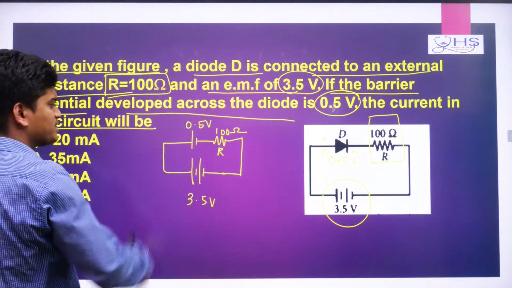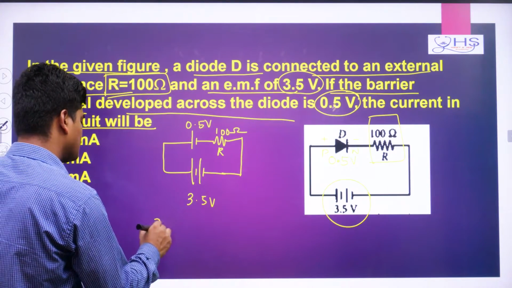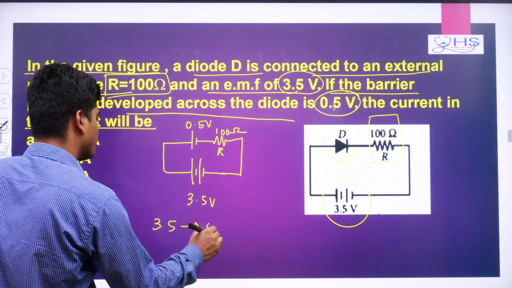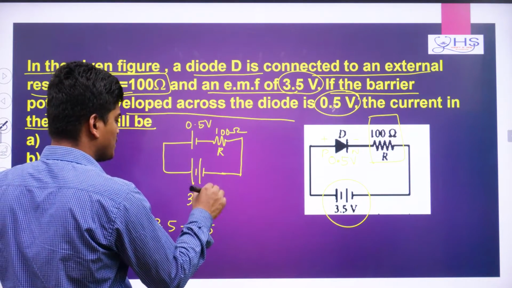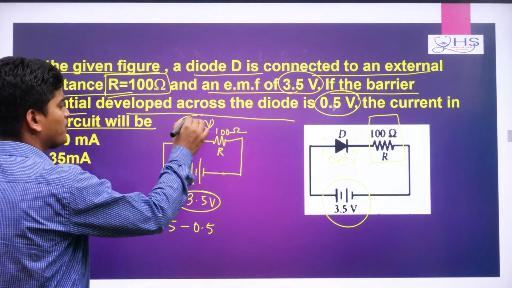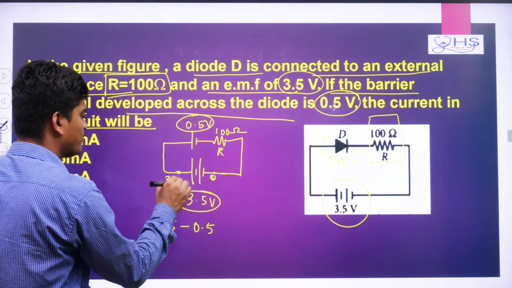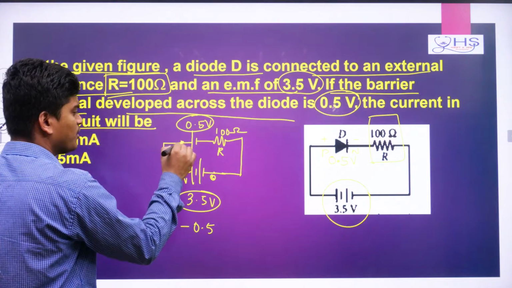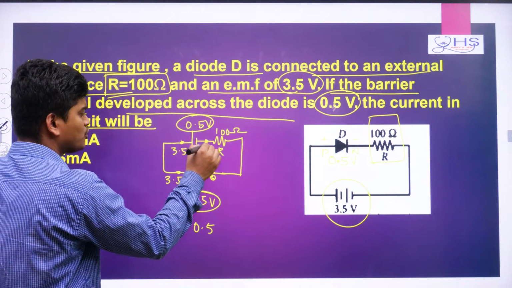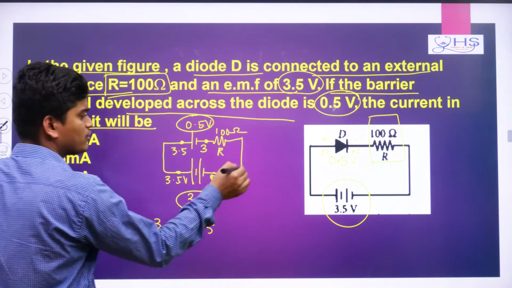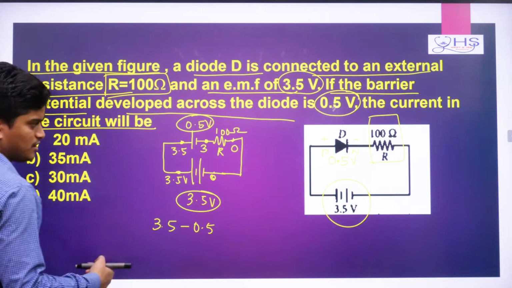Now what is the total potential here? If I want to find the total potential, then I can write it is 3.5 minus 0.5. So this is the total potential because two batteries are there. Or you can understand, if 3.5 volt is coming, here 0.5 volt is dropping. So here it is 0 potential, here it is 3.5 volt potential. Now this 3.5 will be here also, but when dropping 0.5, it will become 3 here, and across this will become 0. So that means the left side is 3 volt, the right side is 0 volt.